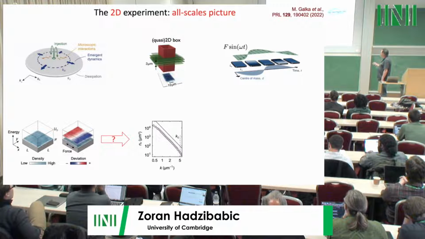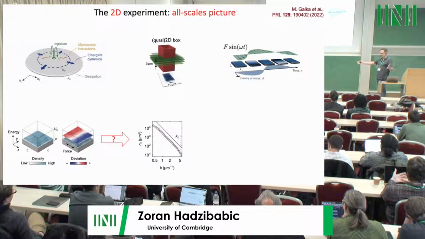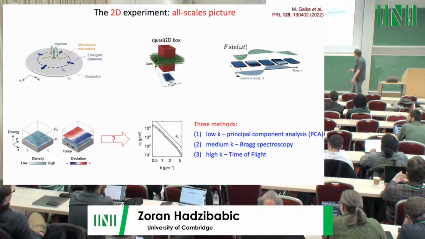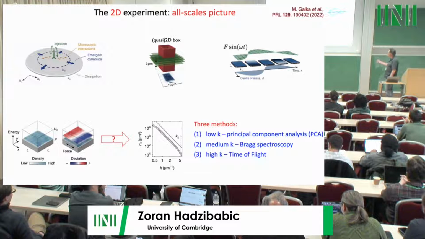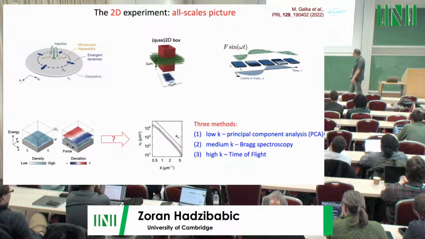So at much larger momenta, smaller length scale, one sees this isotropic momentum distribution, and we can follow how this happens both in space and time, all the way from the individual quantum states to something that looks like a continuous momentum distribution. And to do that, I'm not going to explain much about this, but we use three atomic physics methods. One is this principal component analysis, which up to a point allows you to see in situ the normal modes. Then for medium momenta, we use something called Bragg spectroscopy. And then at high momenta, we use time of flight, which has been introduced several times already.